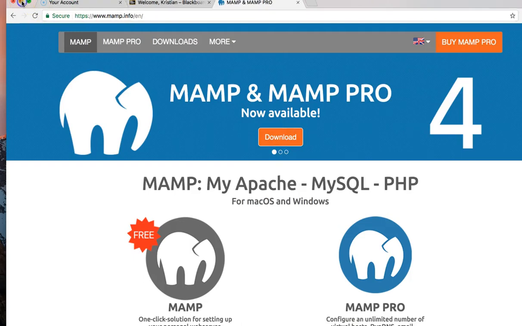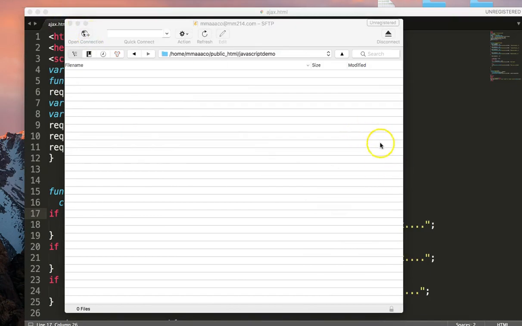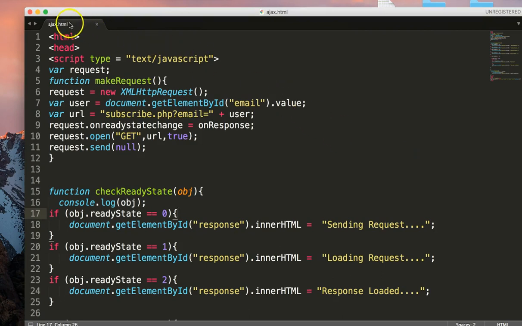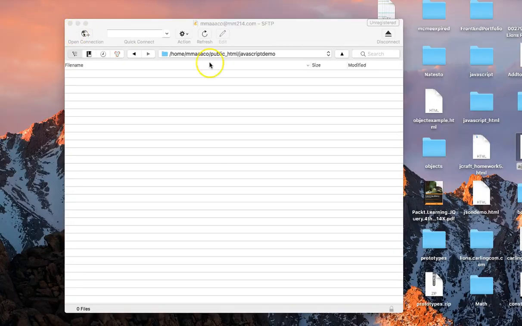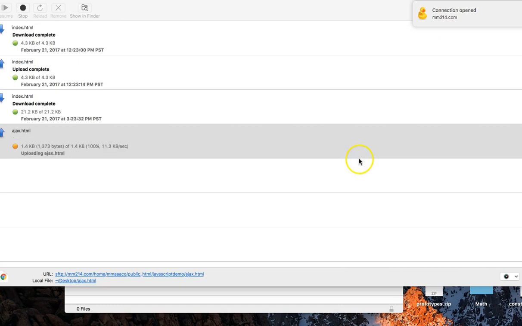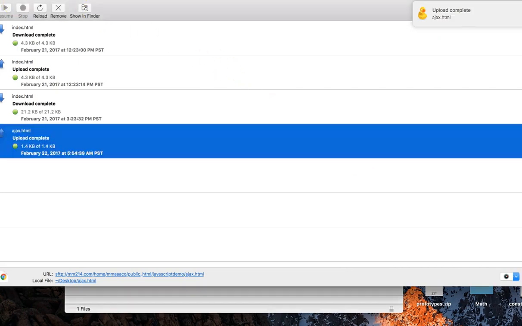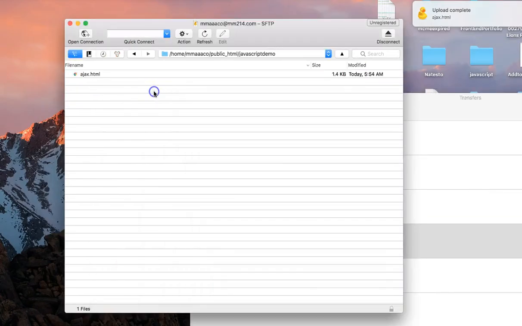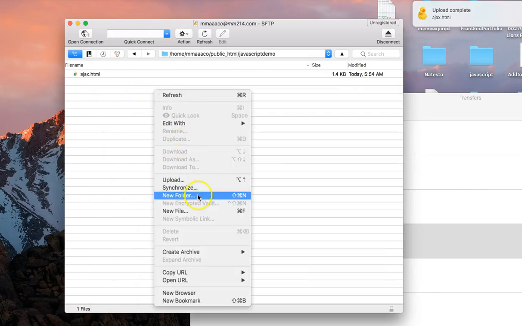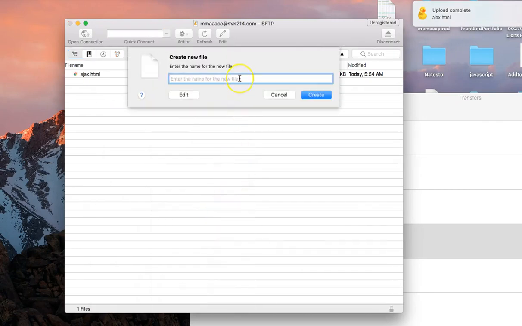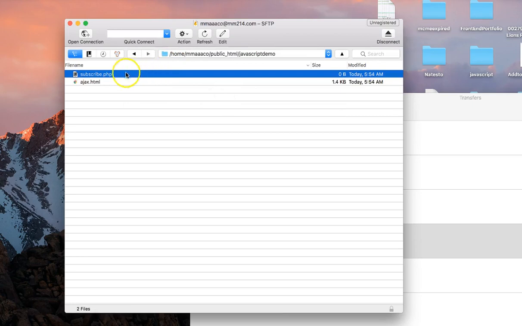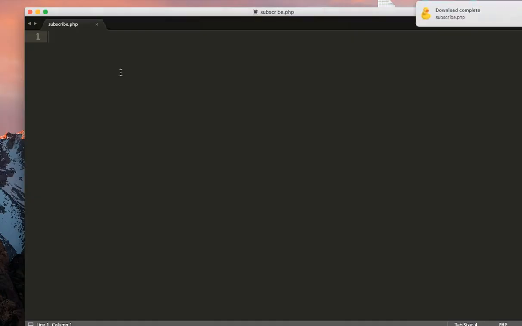In fact, I'll put this on this server, but I have MAMP in my system as well, and there are a lot of different local servers you can use. I'm going to throw ajax.html up to the server, and I'm simply going to take another file just to show that it was received. This will be called subscribe.php. And don't worry about the PHP end of this,